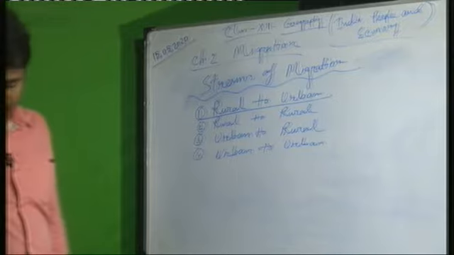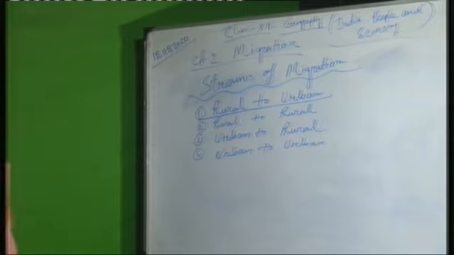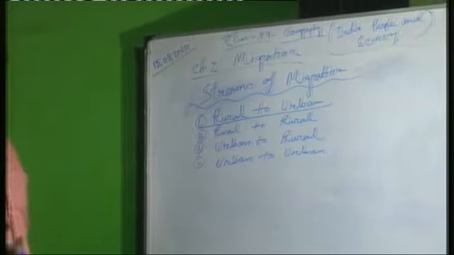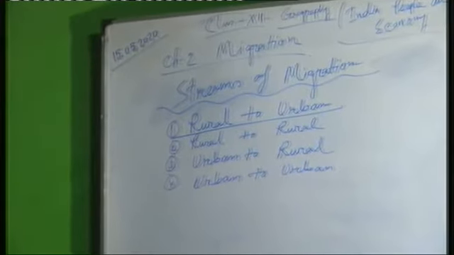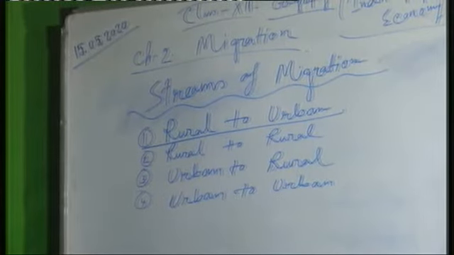Now another important point: in 2001, out of 315 million migrants enumerated on the basis of last residence, 98 million had changed their place of last residence, and out of this, 81 million are interstate migration. So this is important information, you will read it. Not only that, migration also took place from one country to another country. Lots of people migrate from another country to India. This is also important information.